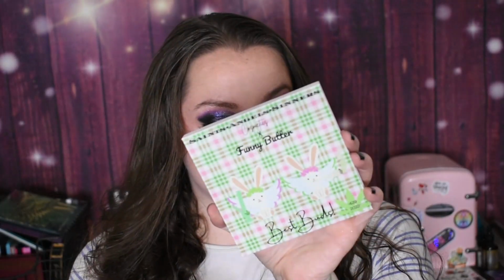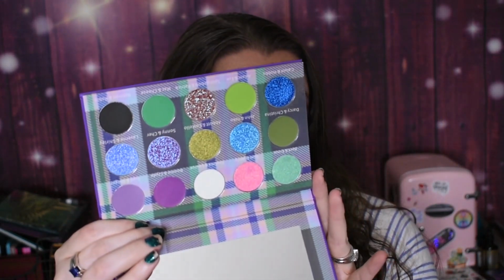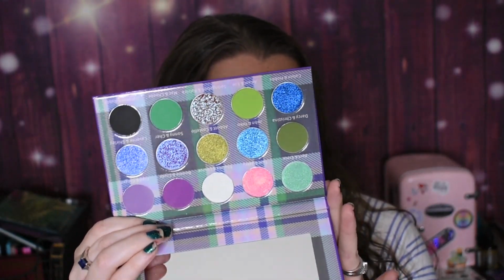You've got like so many different patterns and fonts and stuff. And for some of them, here's number 4. For some of them, like this one, then the inside has like all this chaos, like you can barely read the names of the shadows because you've got this plaid that's going over it. So I don't know, it's a lot, it overwhelms me a lot to the point where I kind of want to depot them. If you've ever depotted any Saint's Angel Sinners, let me know how your experience was, because